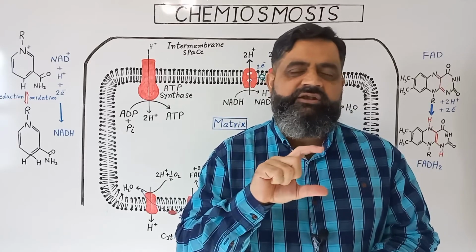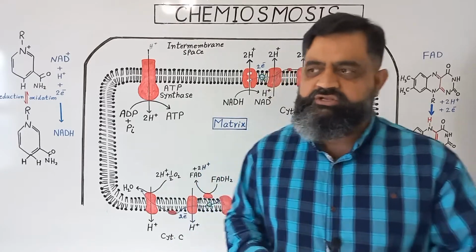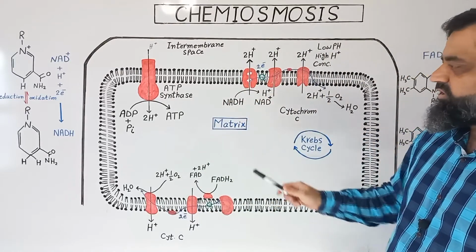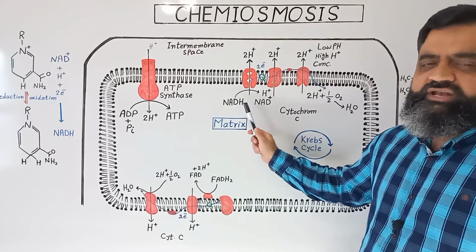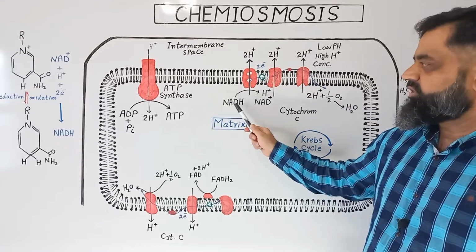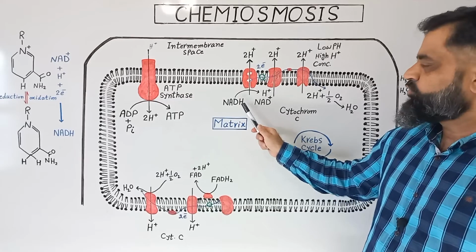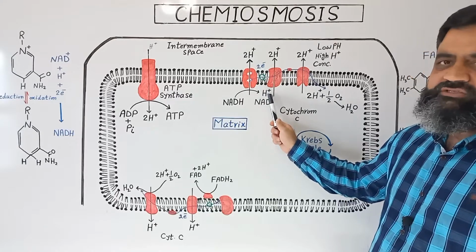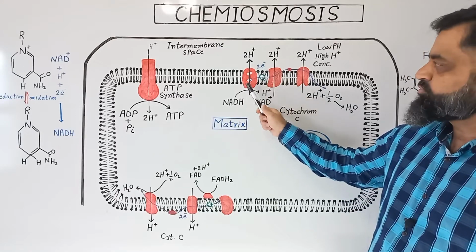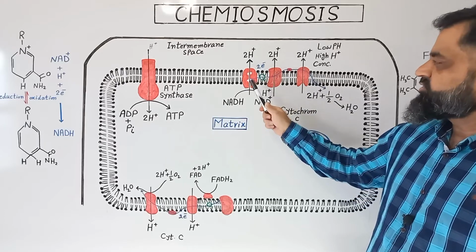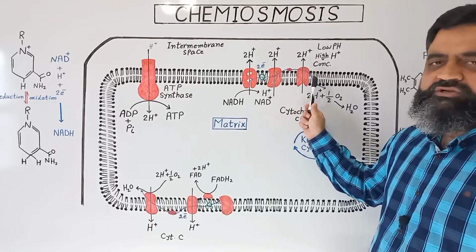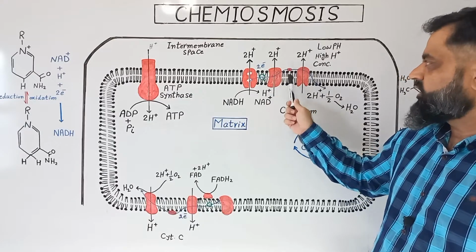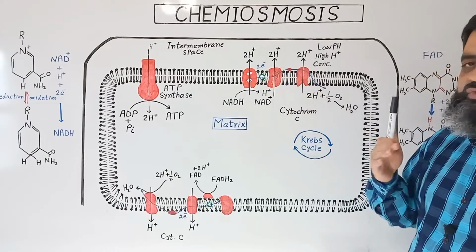So let's review a little bit about the electron transport chain. Look at this diagram. This is the inner membrane of the mitochondrion. Right over here, one molecule of NADH, which is a coenzyme, nicotinamide adenine dinucleotide, is going to be oxidized and converted into NAD, and H positive ions are produced and electrons are generated, which are used to run the electron transport chain. This takes place by different protein molecules present on the surface of the membrane, including coenzyme Q, cytochrome complex, cytochrome C, cytochrome A, cytochrome B,